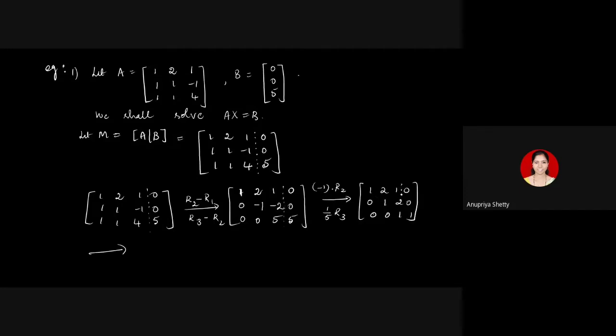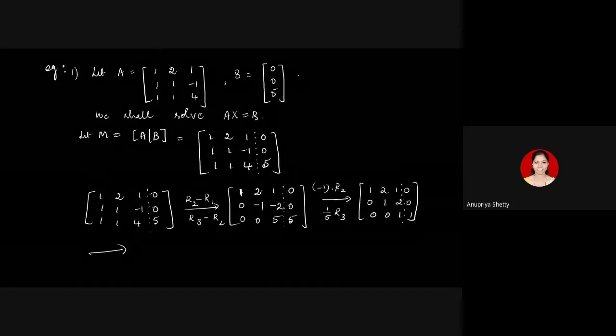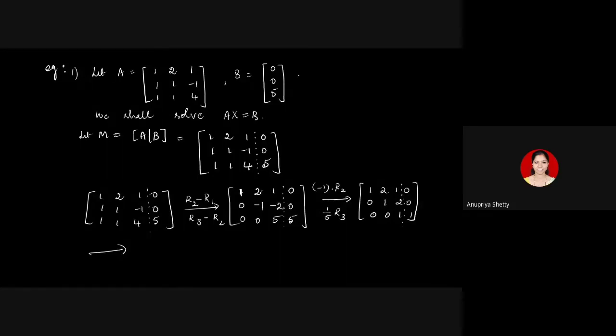It's always safe, in fact, to draw those dotted lines, because at the end you will remember that the column after the dotted line should go to the right side. Even if you don't write it, it is understood. But when you write the new system, that is A dash x equal to B dash, the B dash has to be the last column. That you need to remember. B dash won't be the given B. B dash will be the last column that you get after applying all these row operations. So it is good if you write the dots. Even if you don't write, that is not wrong. No problem.